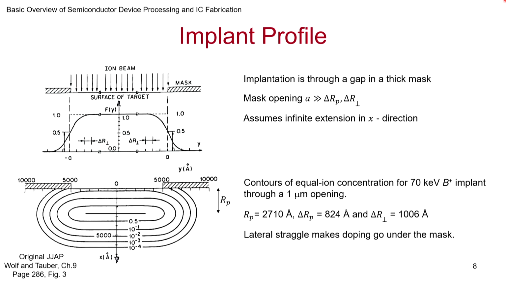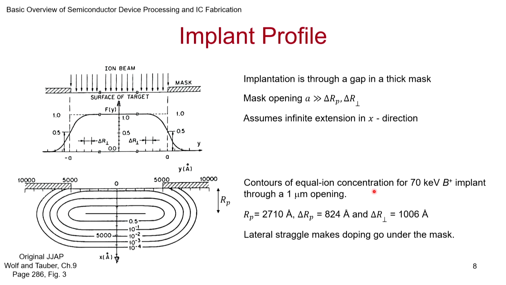Now, what is also of interest is the contour. If I go down, this is how the contour will look. What is interesting is the edge of the mask. In theory, nothing should get under the mask, right? But what is happening at the edge is, because of the lateral straggle, whatever is getting implanted, some of it is going this way also. Of course, some goes this way, some goes this way and this way. So at the edges, you will find a lateral straggle. So this is also important to know.